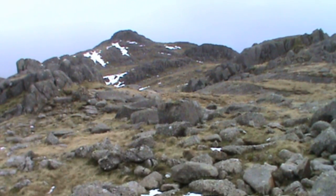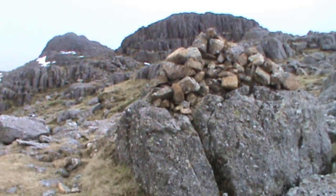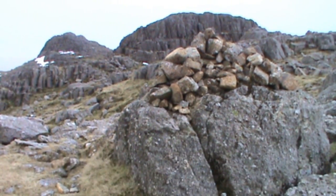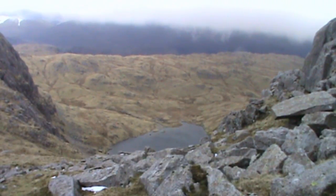Well, it's 3:15 now. We're going to see if we can do Harrison Stickle before it's dark. We've got a cairn there. We keep going. We're slowly heading across the top now, following the cairns towards Harrison Stickle. As we make our way up towards